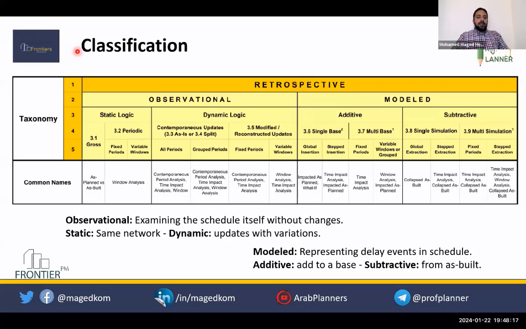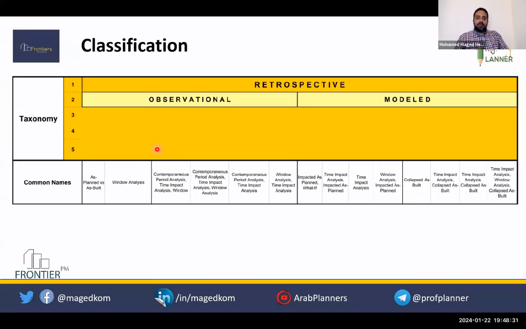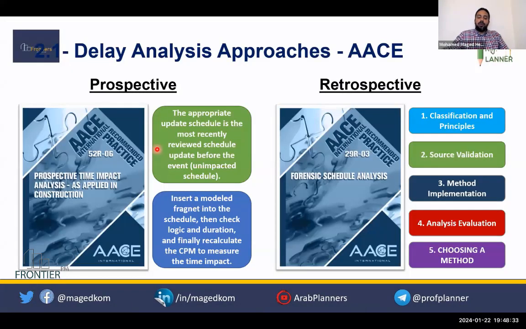If you are analyzing it prospectively, the event occurred but the delay itself didn't finish yet, you simply go to the recommended practice for prospective time impact analysis.